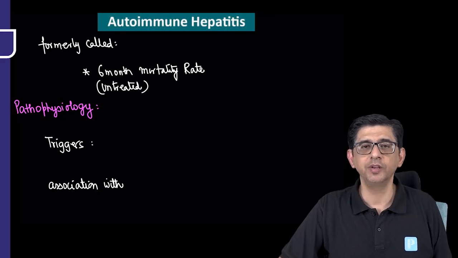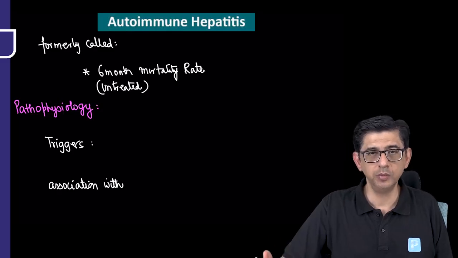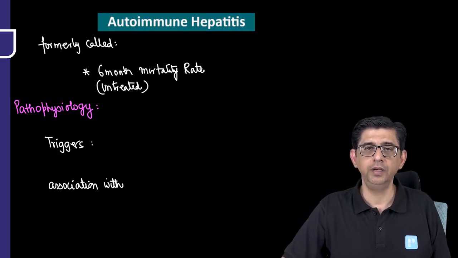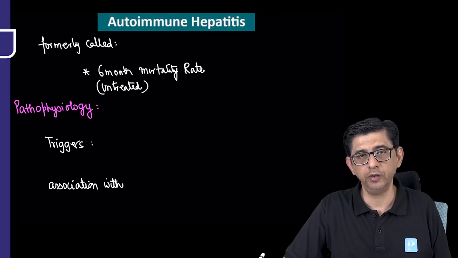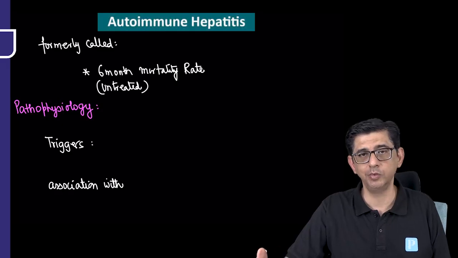Hi guys, welcome back. The next topic we're studying is autoimmune hepatitis, and this condition in pathology books is described as a total of three varieties, type 1, 2 and 3. But in the latest edition of Harrison, it's only two varieties. So we are going to restrict our discussion to what's given in Harrison, that's type 1 and type 2 autoimmune